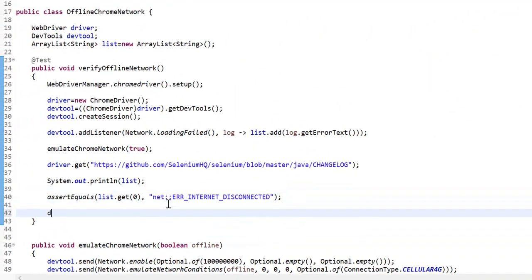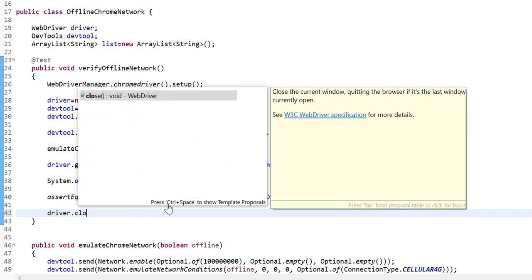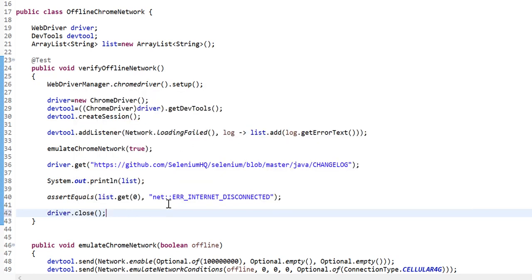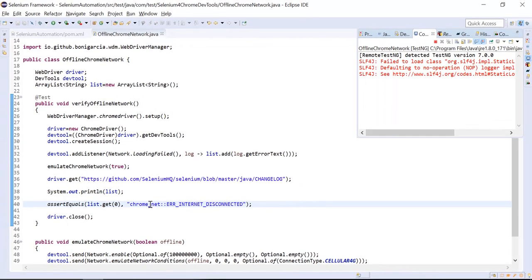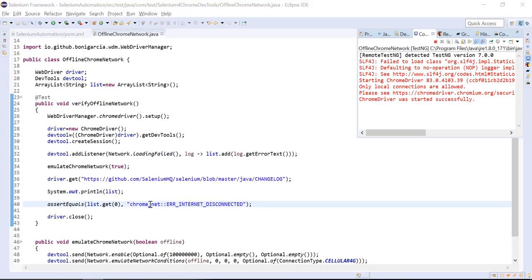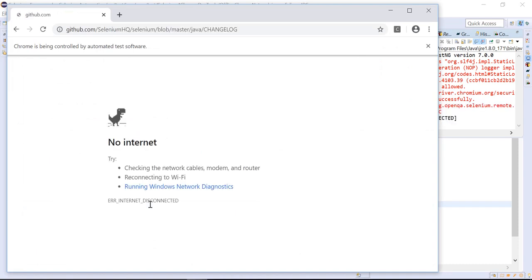Let me add driver.close as well, so I can understand that execution is complete. I want to verify whether this assertion is working fine or not, so I'll add something like Chrome, just for testing purposes. Now this should fail. Let me execute, because actual and expected results will not match, since actual is different and expected is different.